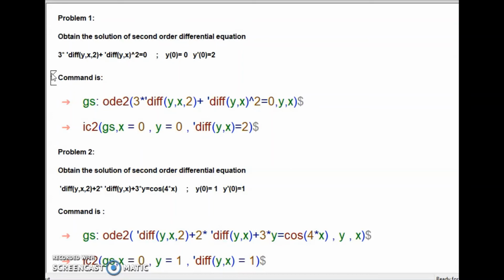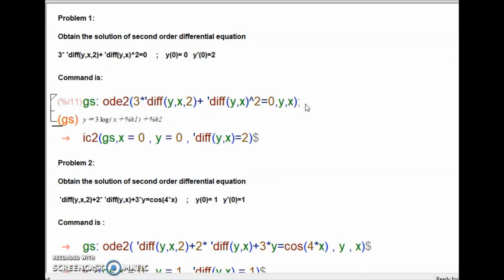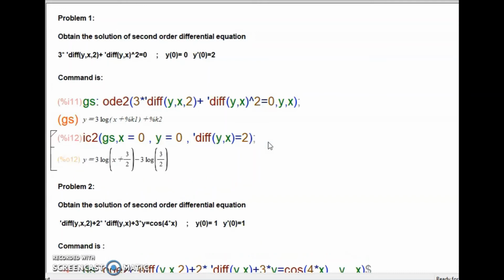Since I have already solved this, I'm going to run this. You can see here, I have put a dollar at the end. That means I have suppressed the output of this equation. So what I'm going to do is delete this. By putting a dollar sign, you suppress the output. So instead of a semicolon, we have put a dollar here. I'm going to remove that, press semicolon and then control enter. You have the solution. Here also I have suppressed the output by placing a dollar sign. I'm going to delete that, semicolon, and yes, you got your answer.